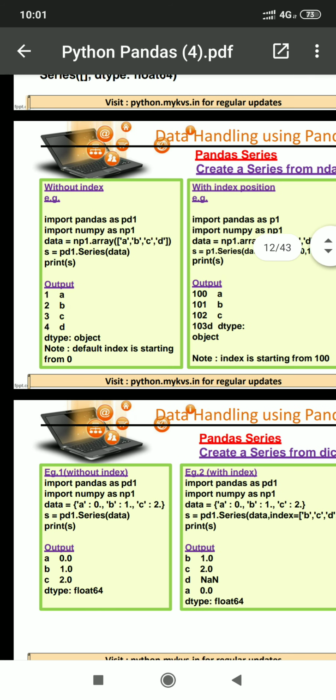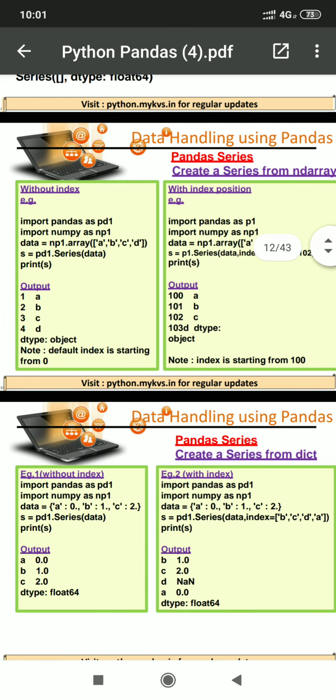So the first element will be at position 100, then the next at 101, 102 and 103. If we want the index value to be changed, we have to pass index equal to and pass the values of indexing.